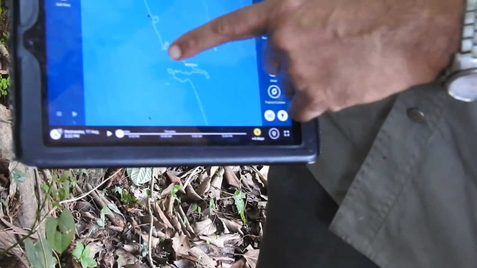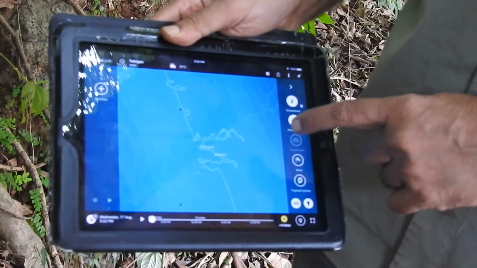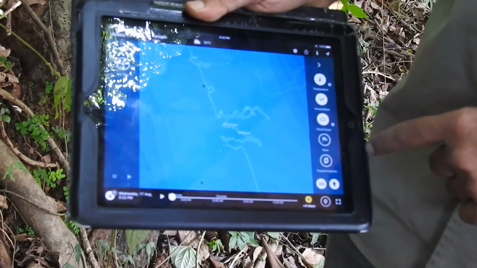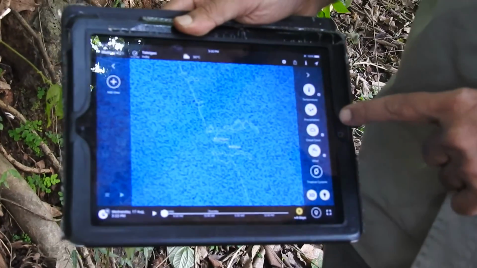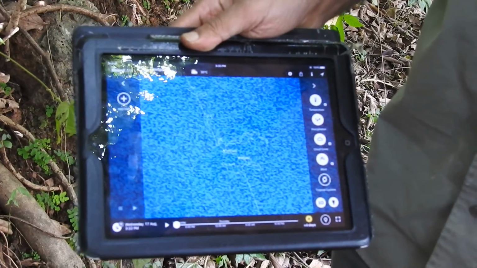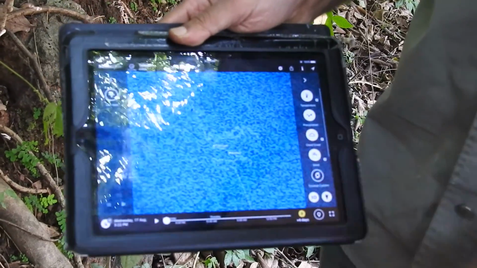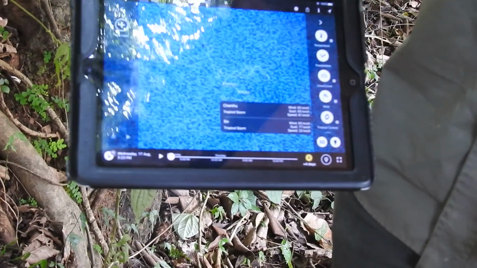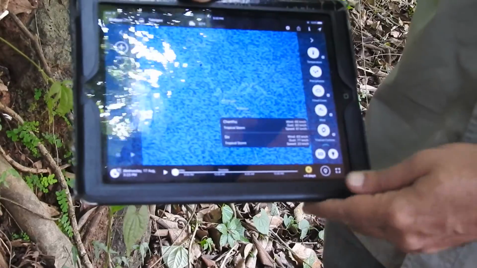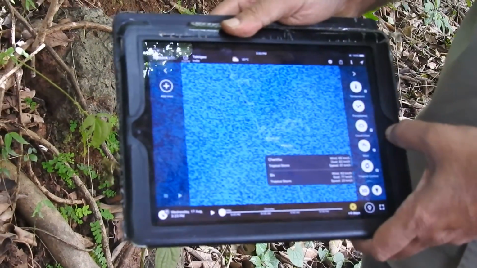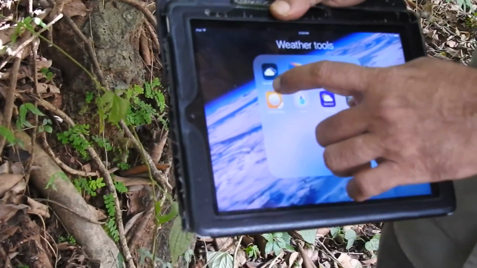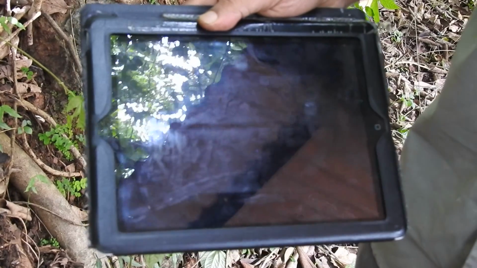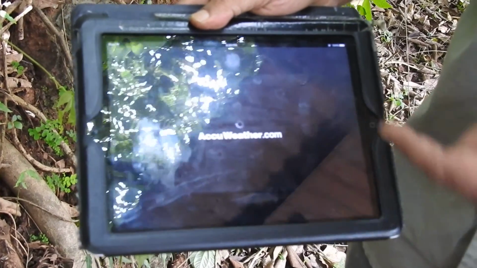Then precipitation. There is hardly any rain today. Cloud cover just above our head. It will be shown here, cloud cover. Wind speed and other things, they will also show you how the wind is moving in this direction. So other details are also available. Okay, so there are other very interesting applications for the same location which we can record.